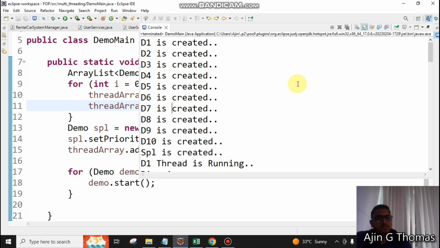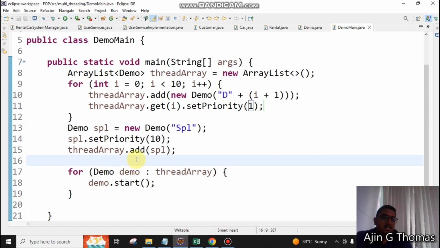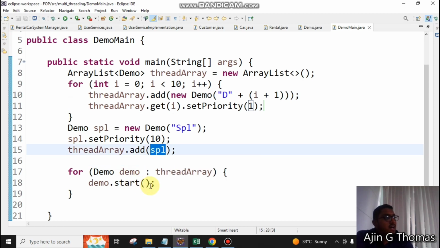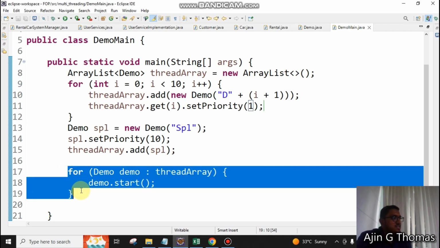Now it is working, right? D1 is executing because D1 is starting. See, special will start last, but it is coming first, right? Getting what I am saying? The very first thread to start is in order only. This array list contains n number of threads. The first object is D1, the second object is D2, then D3, D4, all the threads are there. At last we have special. If that special is there at first, then